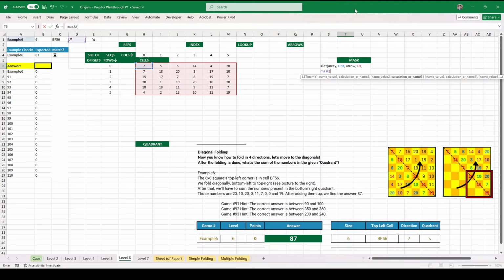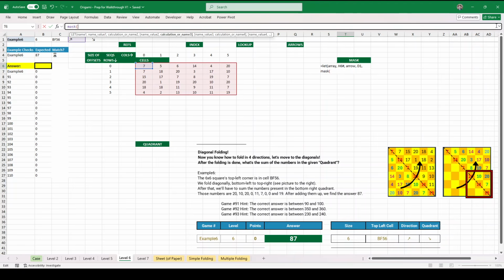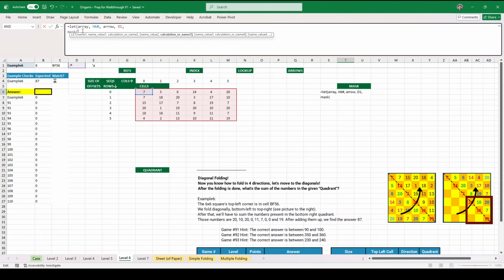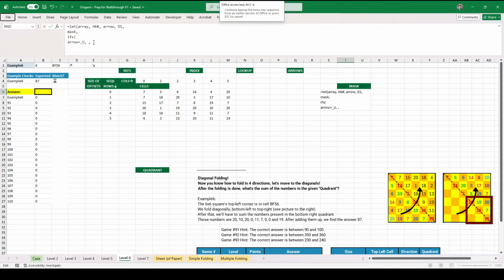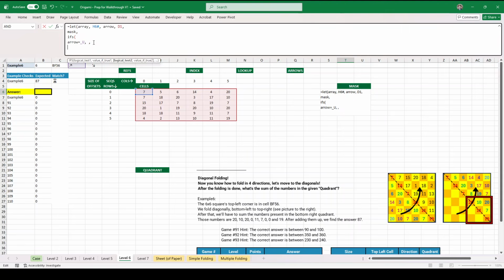And then what we need to do is create a mask, and I'm going to extend the formula bar so you can see what I'm doing here, because this is the tricky bit. So I'm going to have a mask, which is a bunch of if statements. And we're going to say, depending on what the arrow is, then we're going to do something. So in the first case, we'll go arrows equals up. And then I'm just going to copy this a number of times